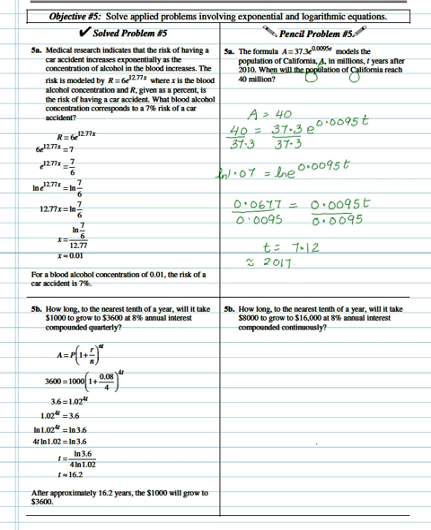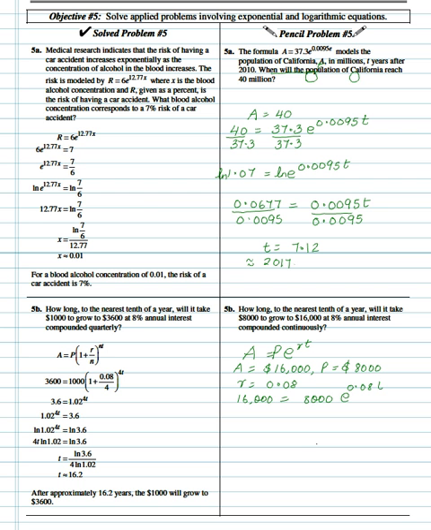How long, to the nearest tenth of a year, will it take $8,000 to grow to $16,000 at 8% annual interest? The formula we use for annual interest is P e power RT. We have the value of A, that is 16,000, value of P, which is 8,000, value of R, which is 0.08. So I have 16,000 is equal to 8,000 e to the power